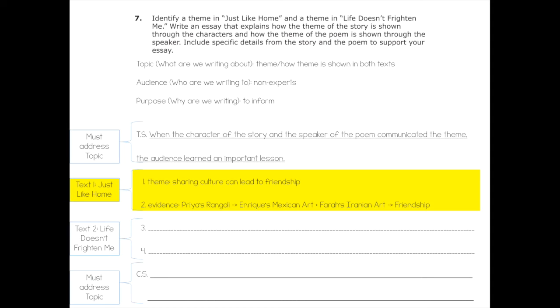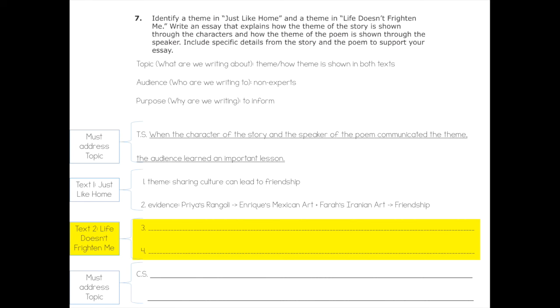Notice how I wrote out notes for this evidence in my outline. I use a couple of symbols to communicate these ideas. First, I have arrows, which indicate leads to, and I have a plus sign, which indicates adding. So the reason I'm using these symbols is so that I'm using my time very wisely in writing my details.